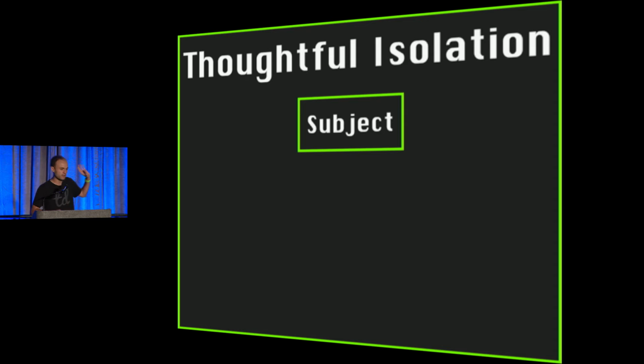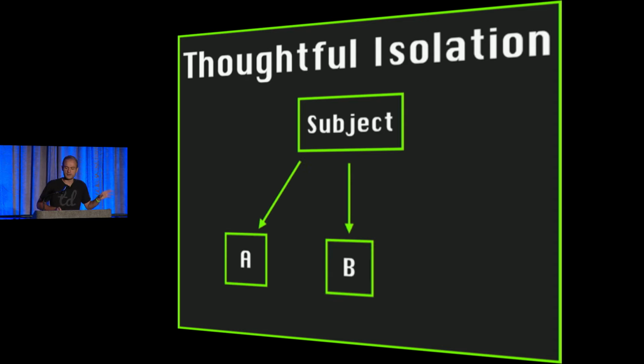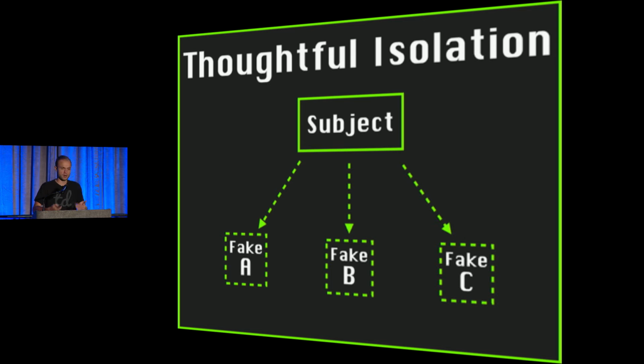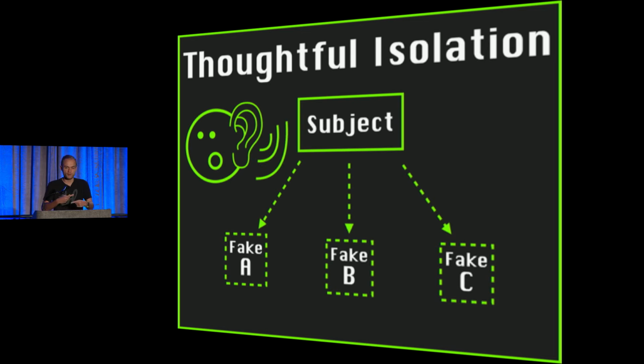So in this instance, if I have some subject I'm going to write a test for, maybe I'm imagining it's going to have these three dependencies. I'll write the first test and fake all those out before I've ever created them, and then I'll listen carefully while I'm writing that test for any awkwardness in those proposed API contracts between the subject and its dependencies. And if anything's weird, I'll fix it in that moment before I've invested the time in those dependencies. It's a way to use my test as a design sounding board.